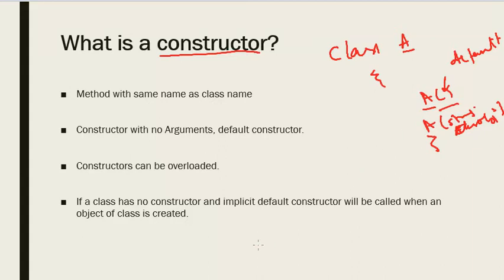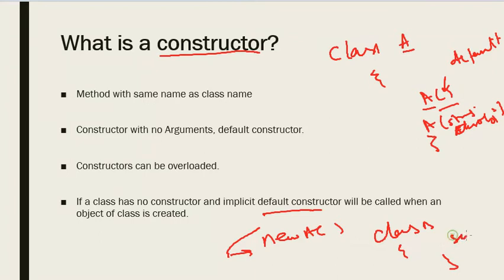And whenever we create an object of this class, like we do new A, for example, then the default constructor is always called. And if, let's say, we have a class B and we don't define any constructor function in it, but only, say, a sum or subtract function that does some work, with no constructor defined, meaning no function with the same name as the class name, then this default constructor, like B, will be implicitly called whenever you do new B,